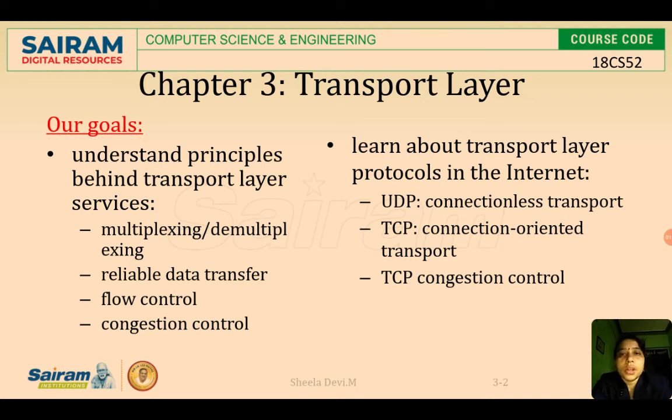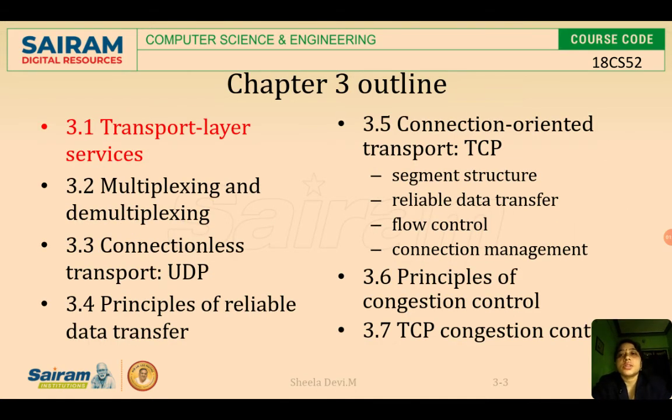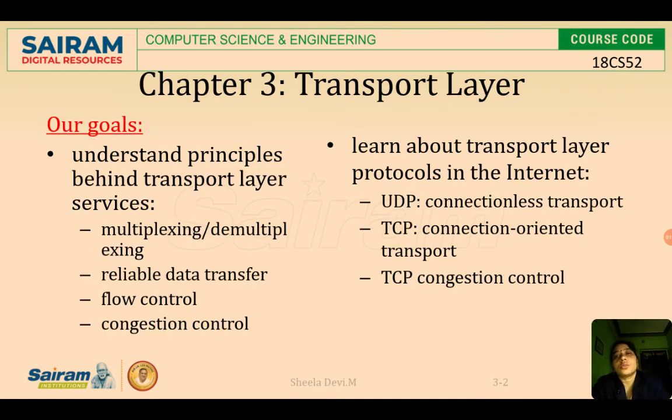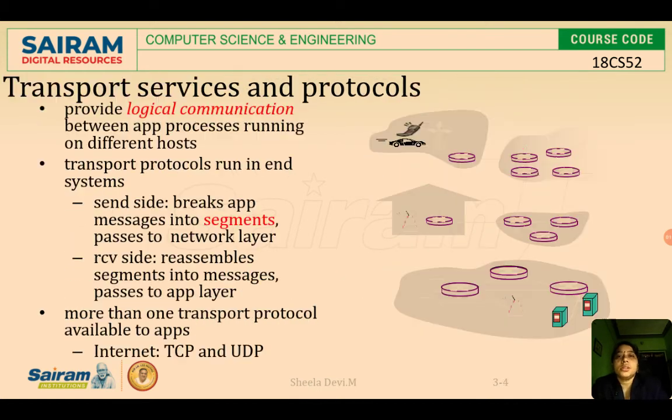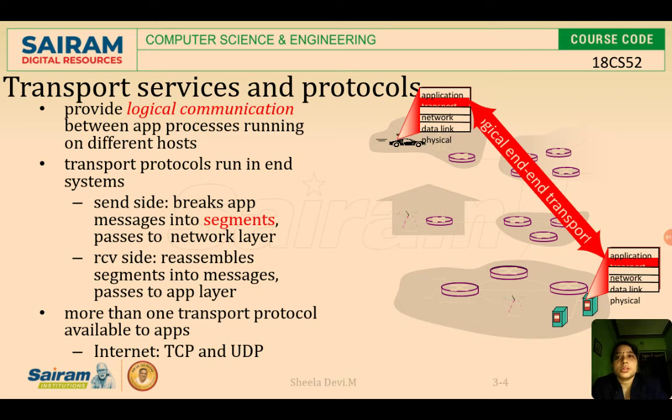So if you take the associated protocols of transport layer, then it is UDP and TCP. As you all know, UDP is a connectionless protocol and TCP is a connection oriented protocol. So these are the contents of our second module, and in this session, we'll be seeing multiplexing and demultiplexing, how the transport layer services the OSI model, and along with its protocols.